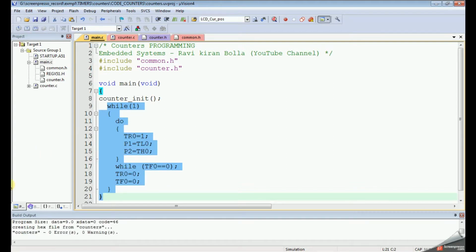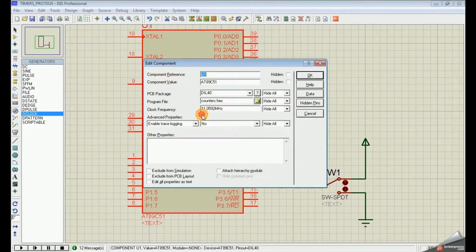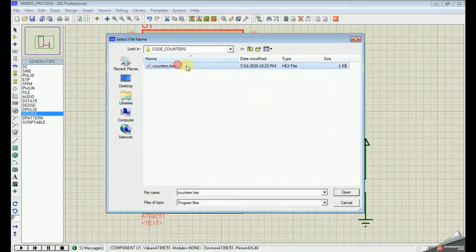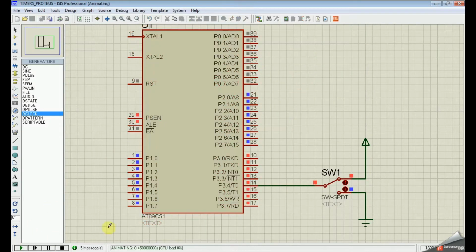So now I would like to flash the software in the Proteus simulation. So let's play it. Initially the value is 1 by default. The counter value can be observed in port 1 and port 2. It will update in binary format, where blue means 0 and red means 1. So now all are blue, that means all are zeros. So 0x0000 means the value is 0.